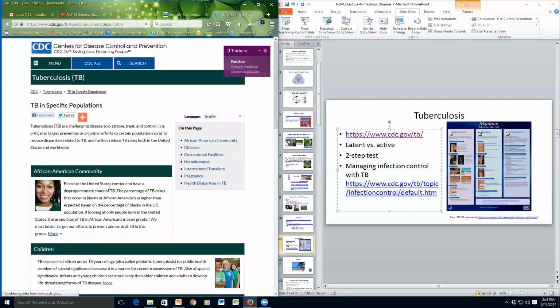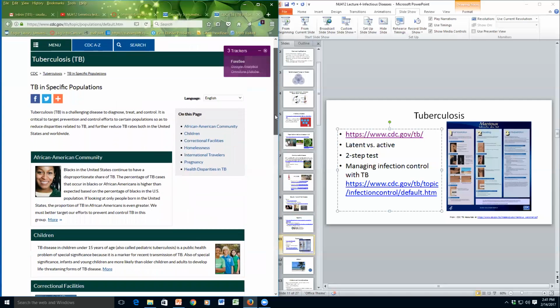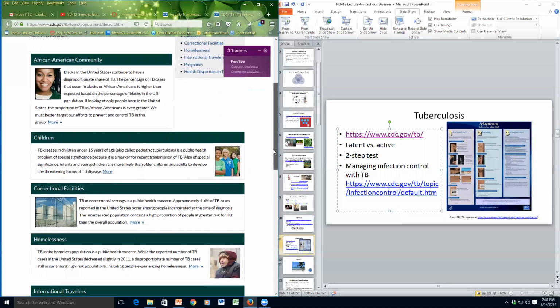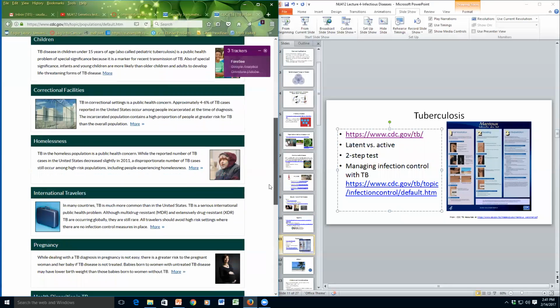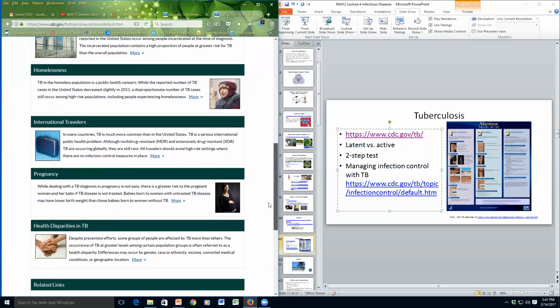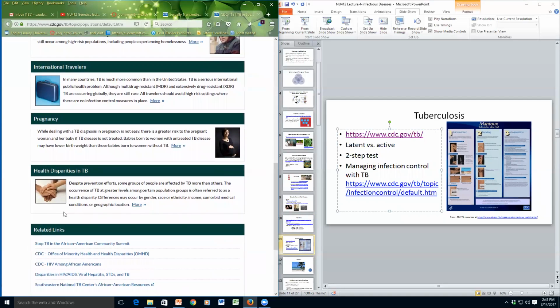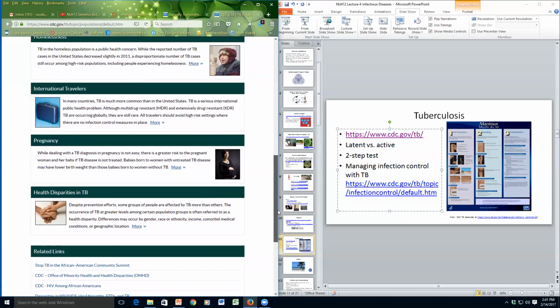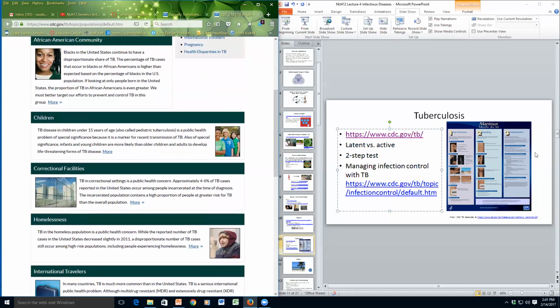You'll notice that they have a link specifically for different populations of very high-risk individuals. You'll notice that children, African Americans, correctional facilities, homelessness, international travelers, and then health disparities in tuberculosis spread. Again, those are important pieces of controlling the spread of tuberculosis and how it